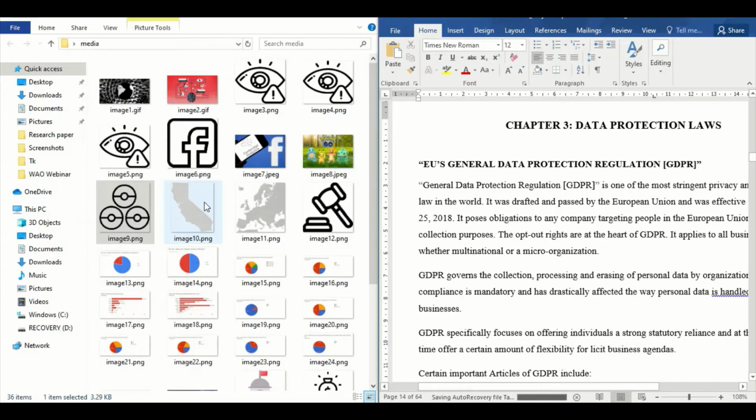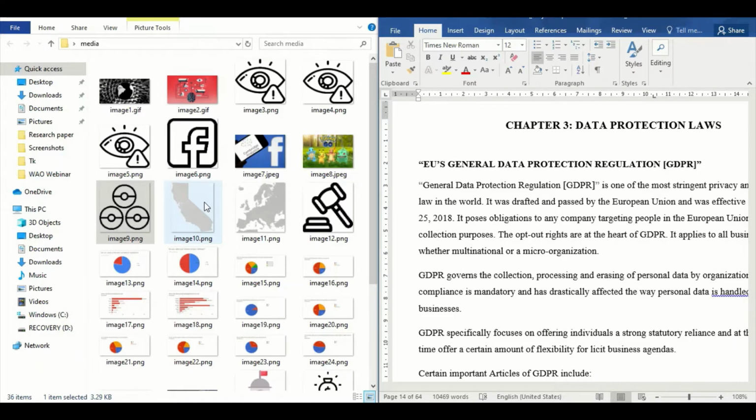Hello everyone. Today we're going to learn how to insert images into our Word document and a few options that are related to the images, like when you insert an image, how you can align it with your text in a better way, and how you can wrap your text around it, and a few layout options and image options. So there are three ways to insert an image.